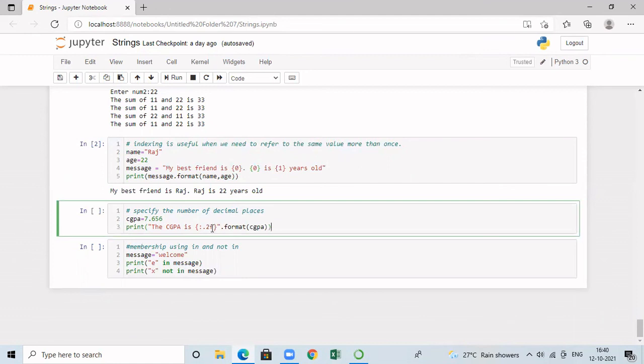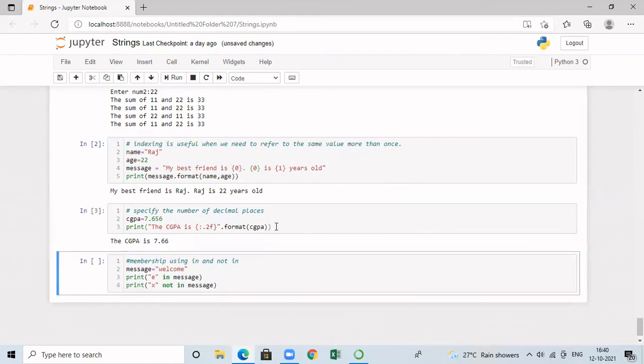The meaning is f stands for floating point and 0.2 means after the decimal point, we want 2 digits. I'm specifying the argument to the format function as CGPA because that should be formatted. When I run this, I'm getting CGPA is 7.66. So the 3-digit precision is now converted into 2-digit precision after the decimal point.